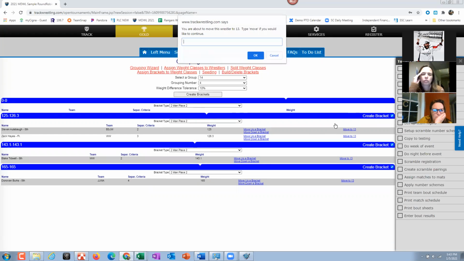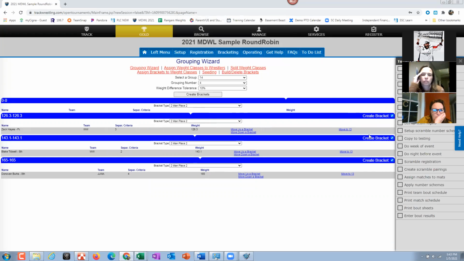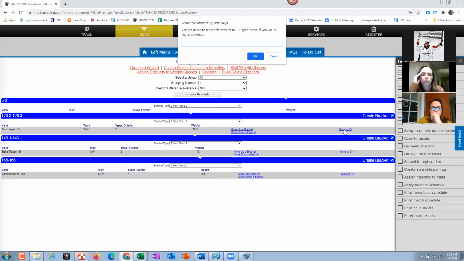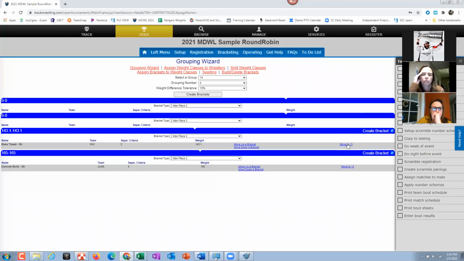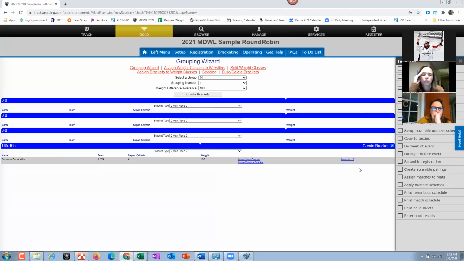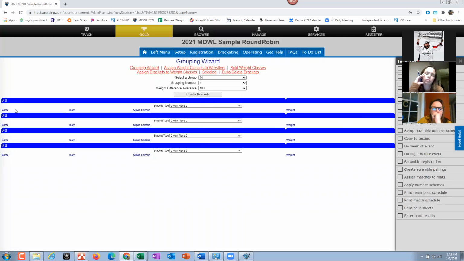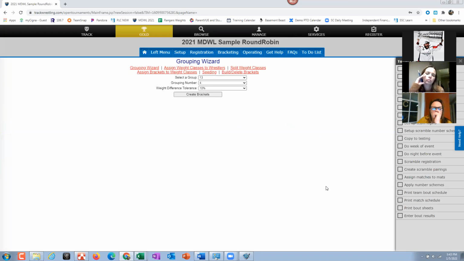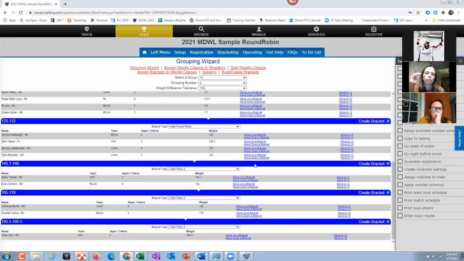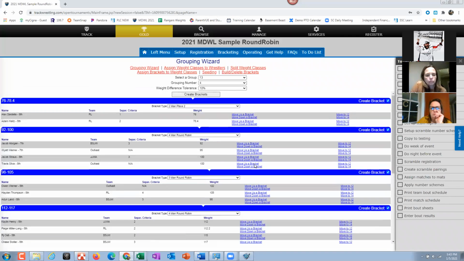So this is what's tough, because usually in round robins you have a division, right? And the division would be like 5th and 6th grade, and so it's very easy. You don't have to do this, but unfortunately. Now I have a lot of people in this one because I wanted to make sure. So now what happens is that this is gone, right? There is no 14 anymore, and I can go to 13. So now 13, I have a nice group of people I can mess around with.